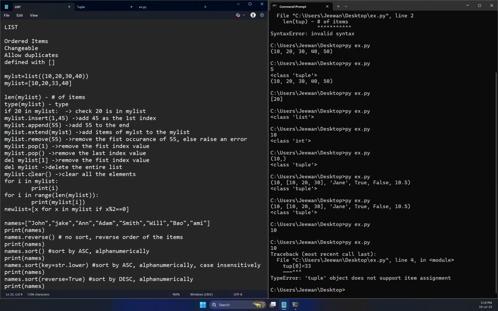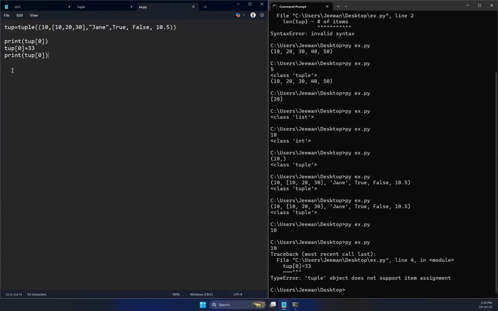Those are not supported by tuples, because tuples do not support add, edit, or change. Add, edit, or change is not possible in a tuple. But there is a workaround that you could do. What could you do? Let me come up with a tuple